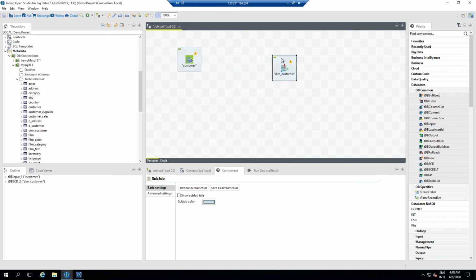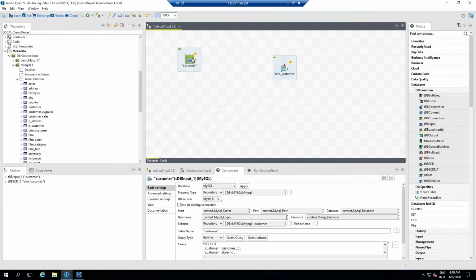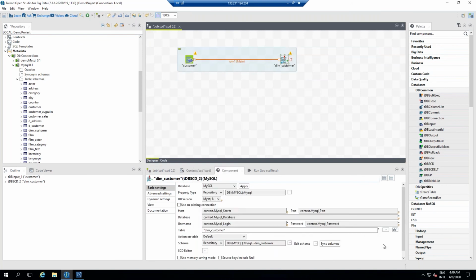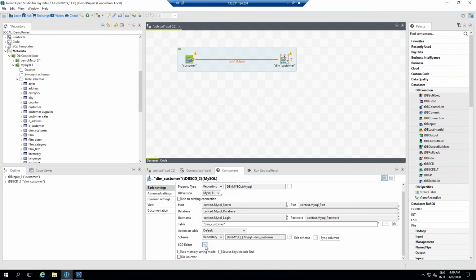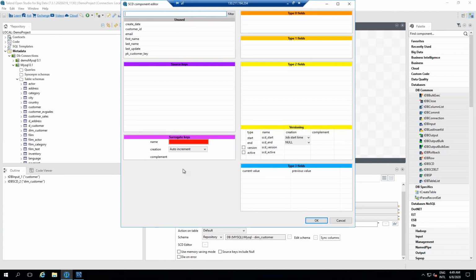Okay, now what next? Once we have done these two options, we will go to that particular SCD table, the SCD editor, and then we specify the tables and connect them. Now here is where things start, with the SCD component editor.